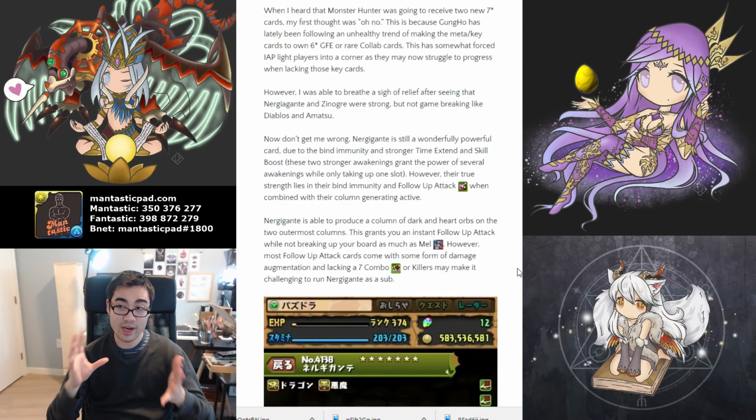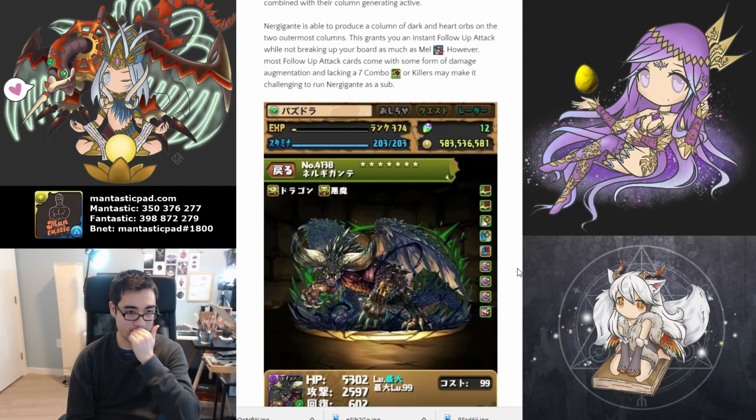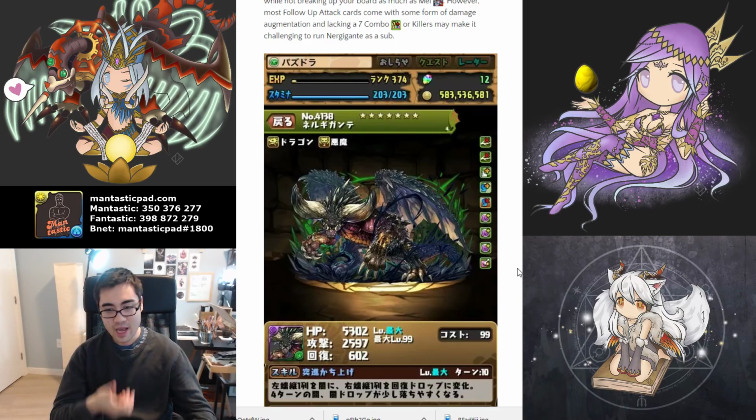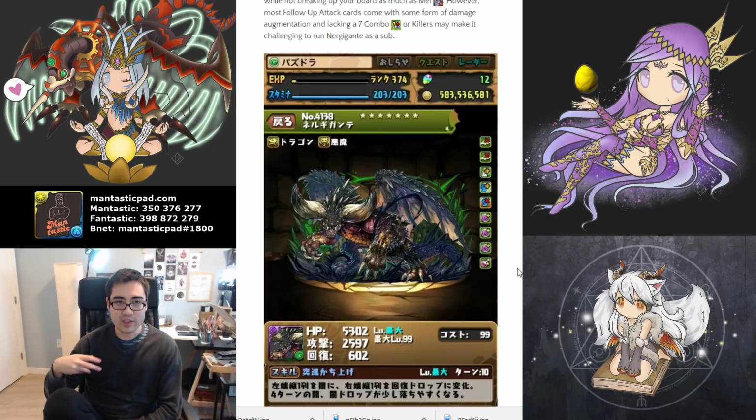So this is actually a great active skill because you instantly have your follow-up attack, and then you have 5 dark orbs which you can play around with. But that is quite helpful for the most part. And this is why they're going to be quite a useful card to own, because they've got a great built-in follow-up attack mechanic. But the biggest drawback is they don't have any powerful damage awakenings, because if we compare them to